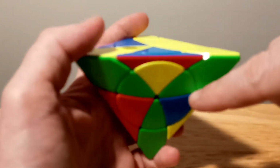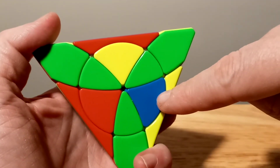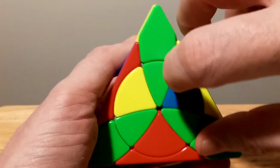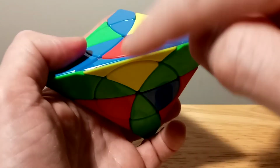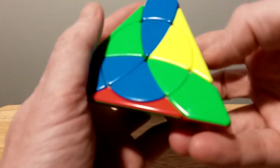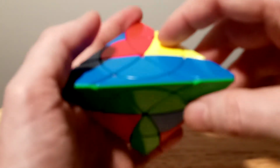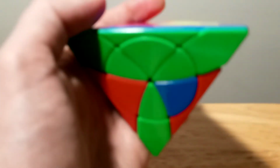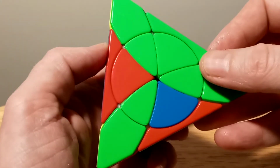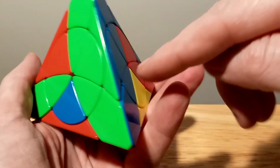Okay, so what we'll do is bring the yellow over here to match it. Like that. Now that it matches, we'll bring it up, bring it out of the way, bring it back down. And what we'll do is, let's see here. Got the red here that matches, green,